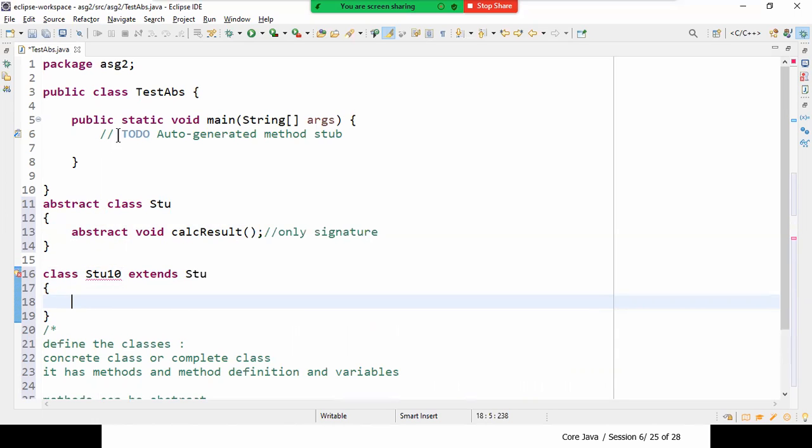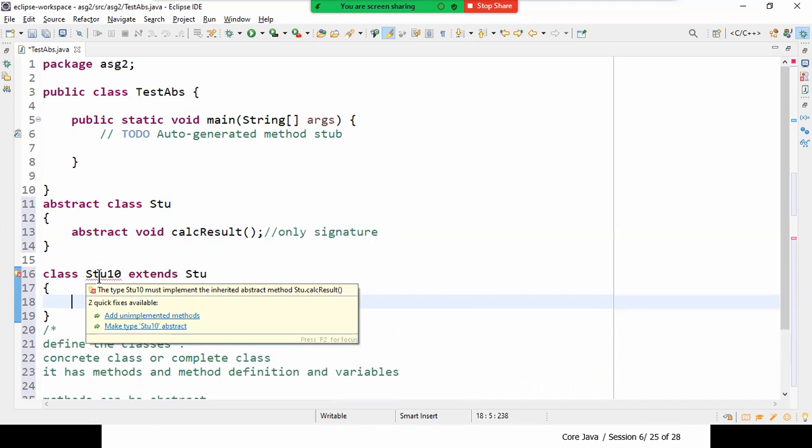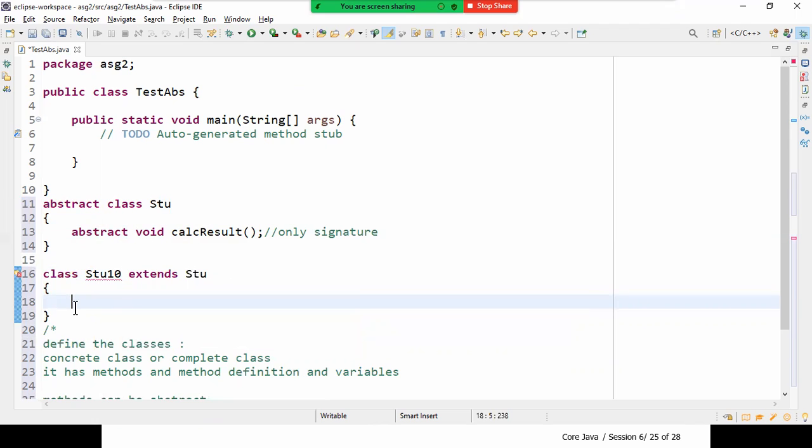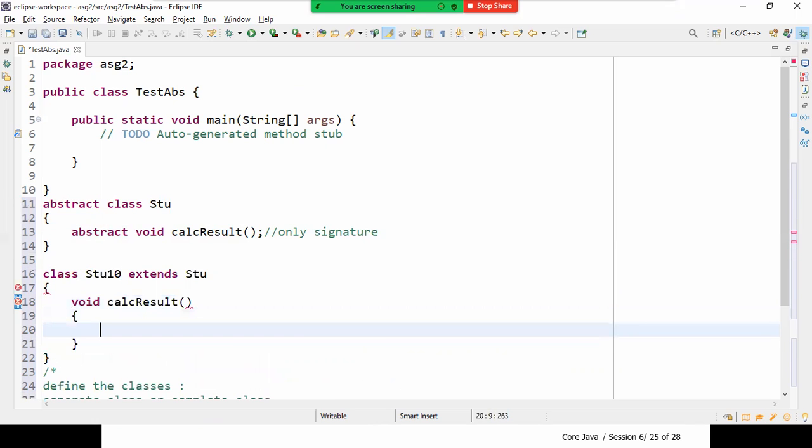Now you see that as soon as you define this, it is going to highlight a red wavy line, saying the abstract method has to be inherited. Now you have to define the definition of it. I'll say void calcResult, I'm defining it there.